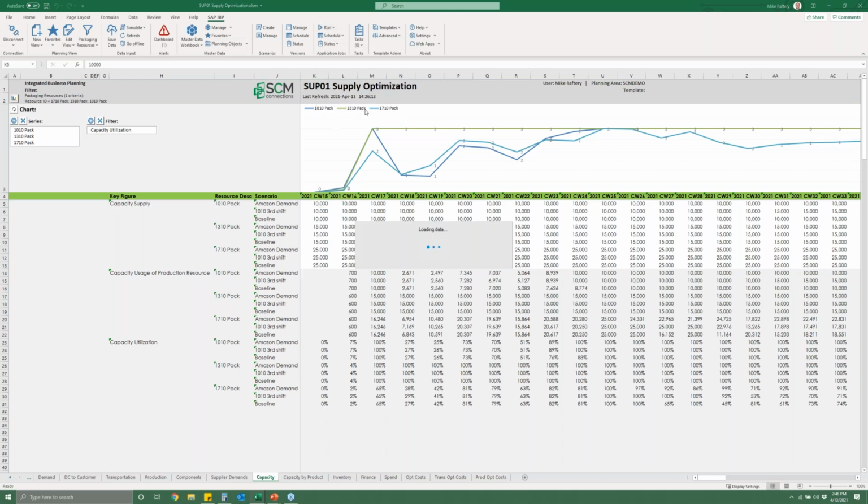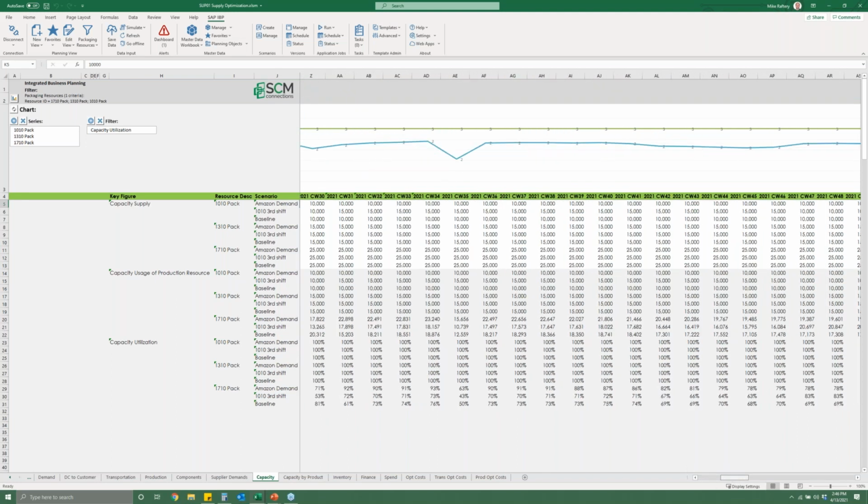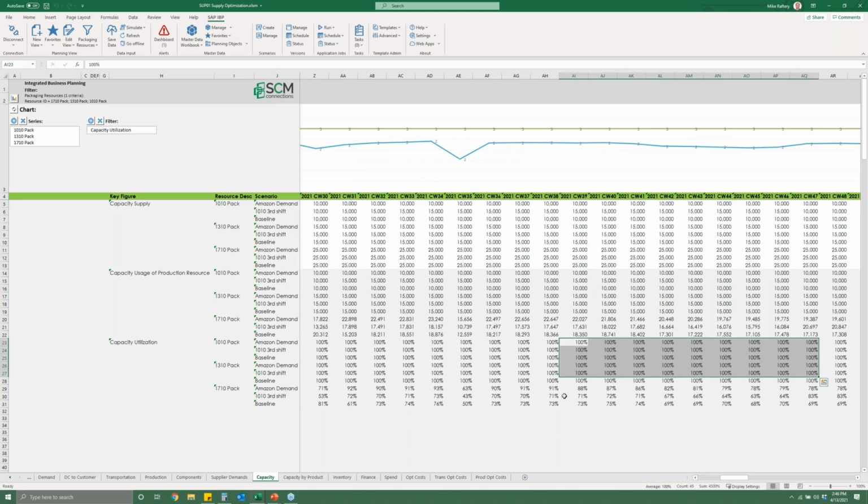By having that last leg of connectivity from customer to distribution center, it gives you the ability to do your financial evaluation. Let's go out here and take a look at what it did. And you can see it maxed it out the whole time. This third shift reduced the production cost on that expensive plant because it used up all that cheap capacity that I had. So if we look, for example, at this week 42,